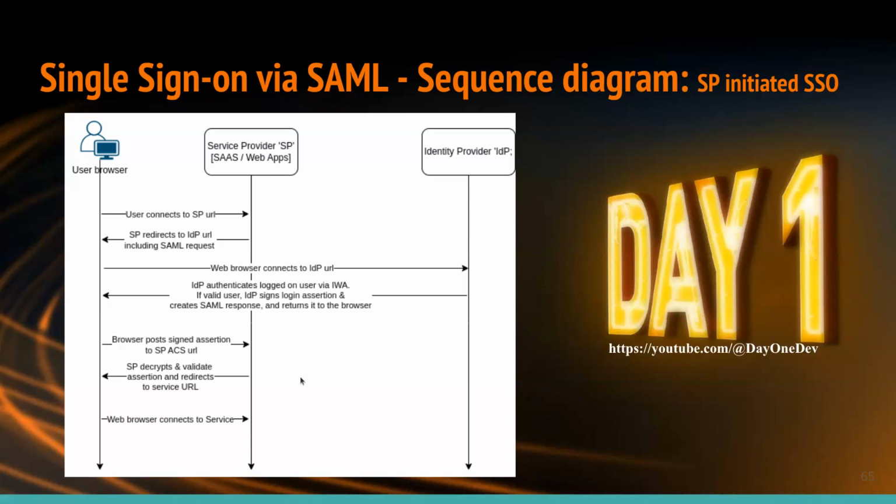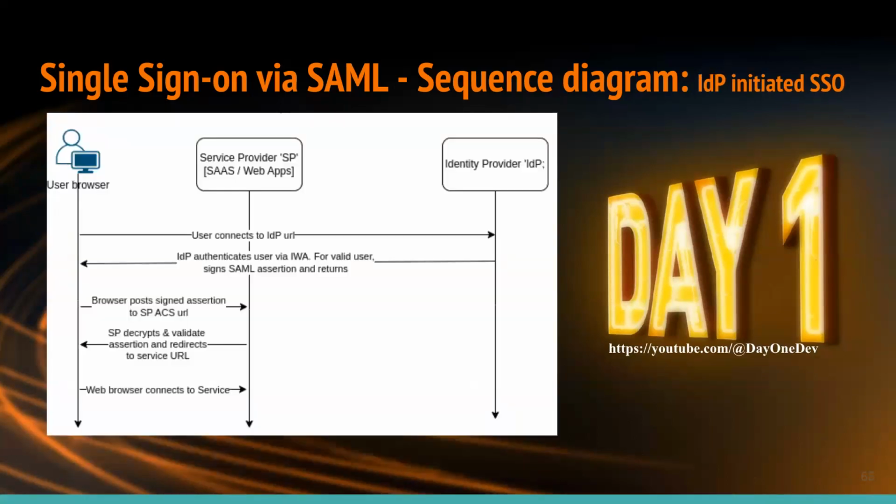Right? Now, let's see how IDP initiated SSO happens. You can see here, from a user, you're directly hitting an IDP URL, and you get an IWA token, which is for a valid user, and is also a SAML again, and you're going directly through the SP. Because as part of this URL, system admins will have that URL, because if a system like Salesforce is integrated with a user base, they always have a